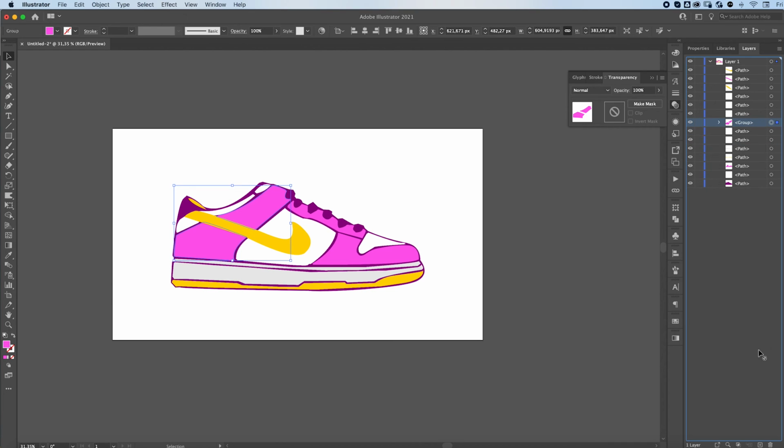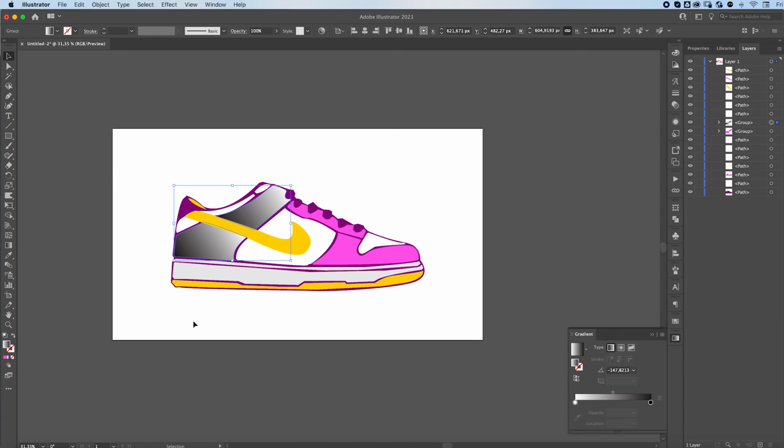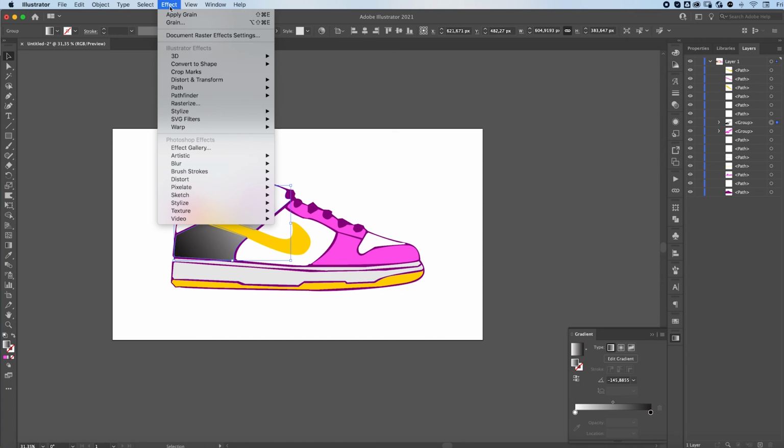You want to drag it down to the plus sign to create a duplicate of that same shape. And we're going to fill that in with a gradient. And you can click here to add a gradient. Press G on your keyboard and you can click and drag to edit your gradient. I want kind of like this, right? Once you're happy with how your gradient is looking, you can go to Effect, Texture, Grain,